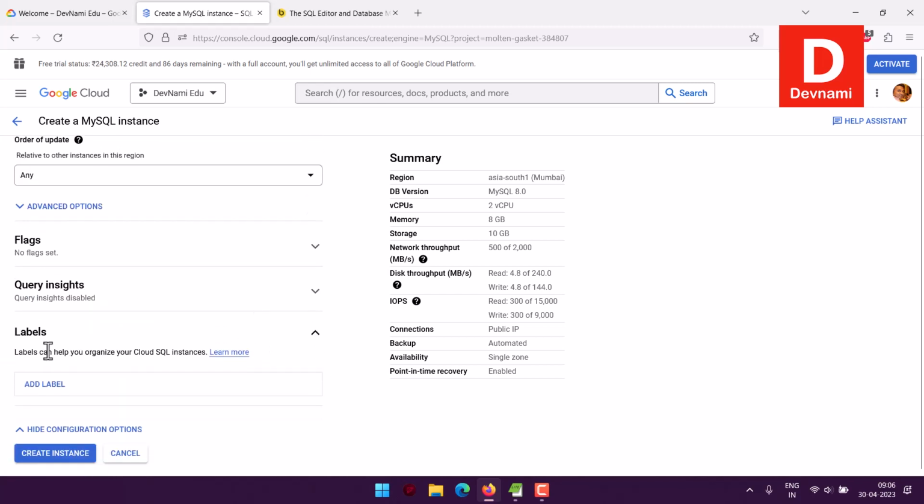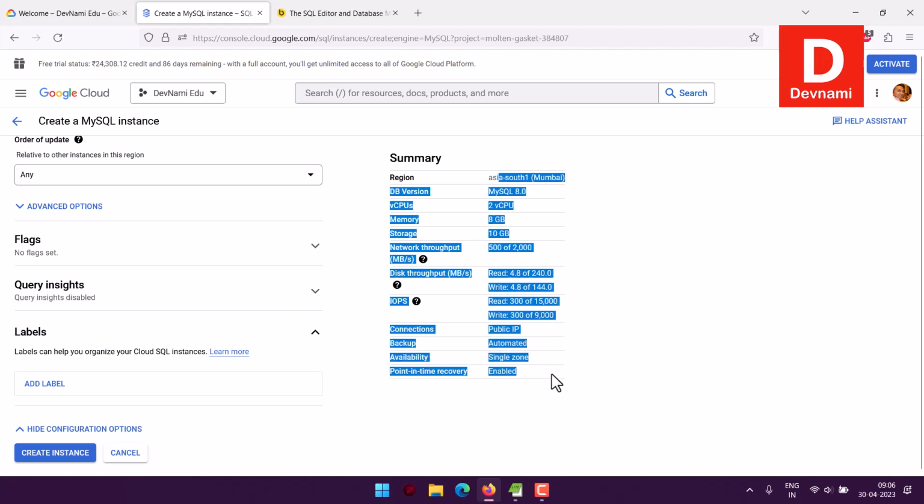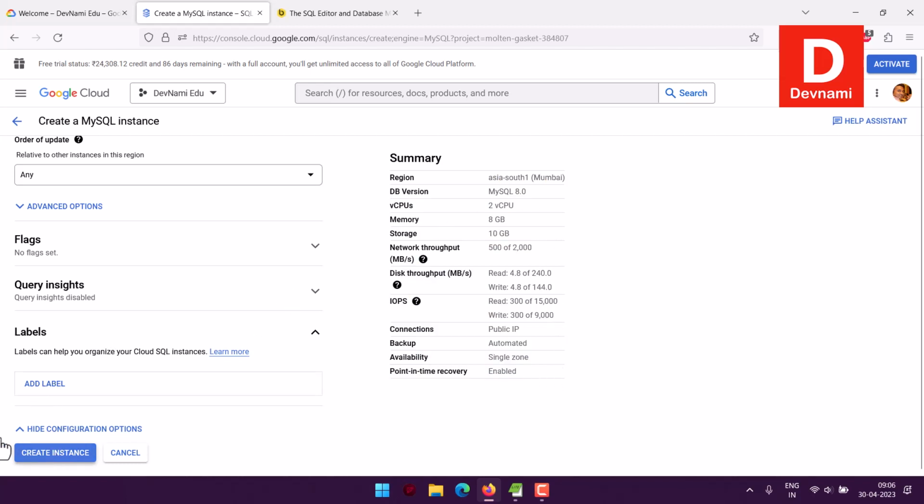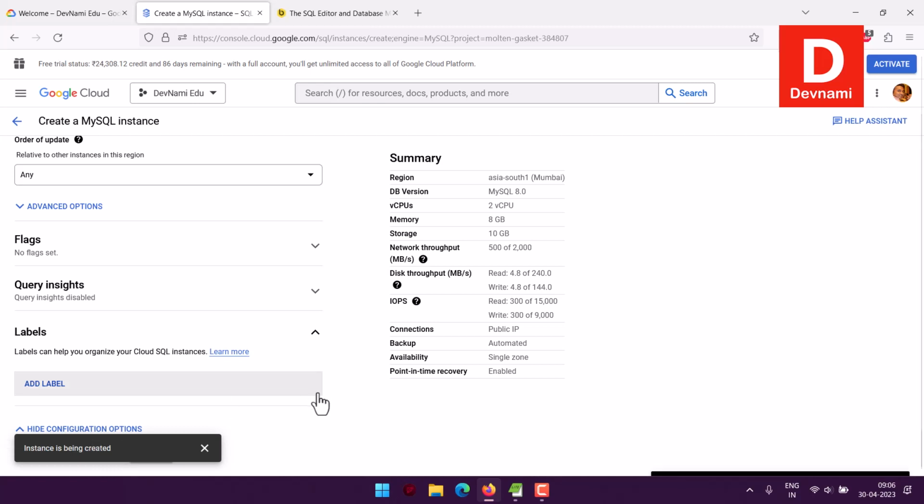Then comes labels. So you organize your resources with tags and labels. On Google Cloud it's label, on Azure you would be having it under the title of tag. Now all the things said and done, I can click on create instance. It should take approximately 5 minutes or so to complete the instance. Meanwhile,